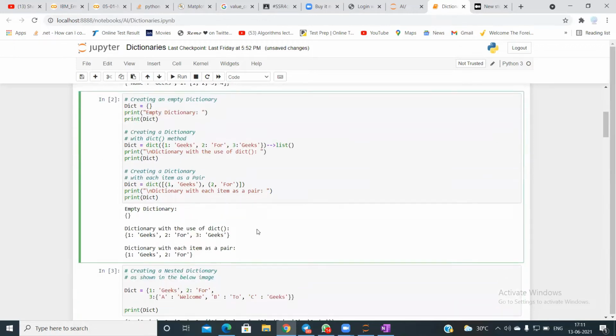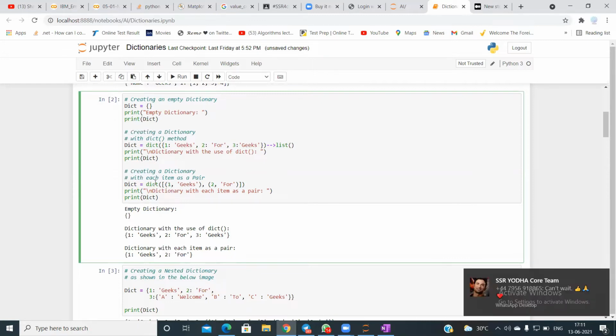So it creates this dictionary for you, or else another way is you can pass a list of key and value pairs like this.